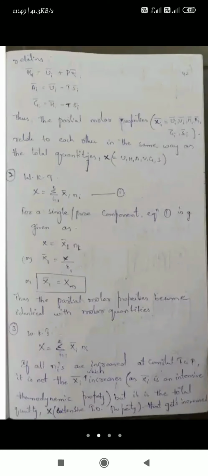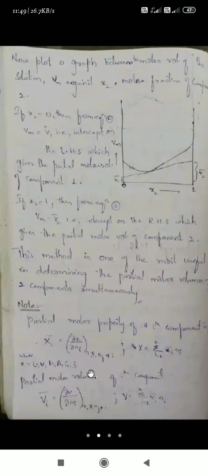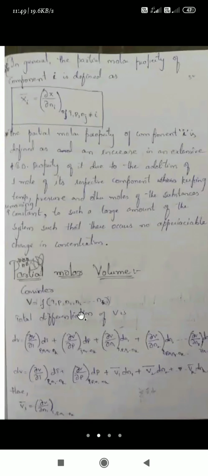So this is regarding the Gibbs equation, that is, the variation of chemical potential with temperature and pressure. This is a partial molar property. Its significance is not that important, but the definition is important. You remember, I'll solve it in the problems. This is a question paper problem. And this is very, very important: determination of partial molar volume by the slope and intercept method. Remember the relation is important, and the definition will be asked.